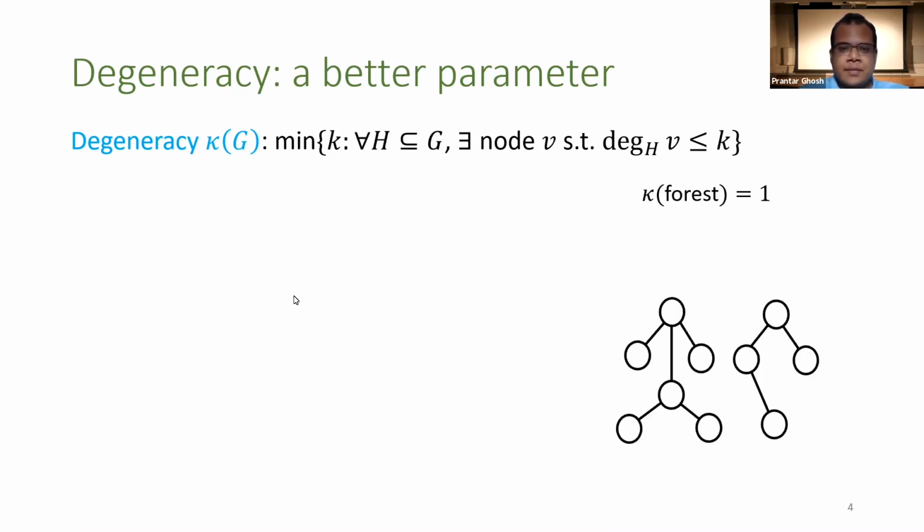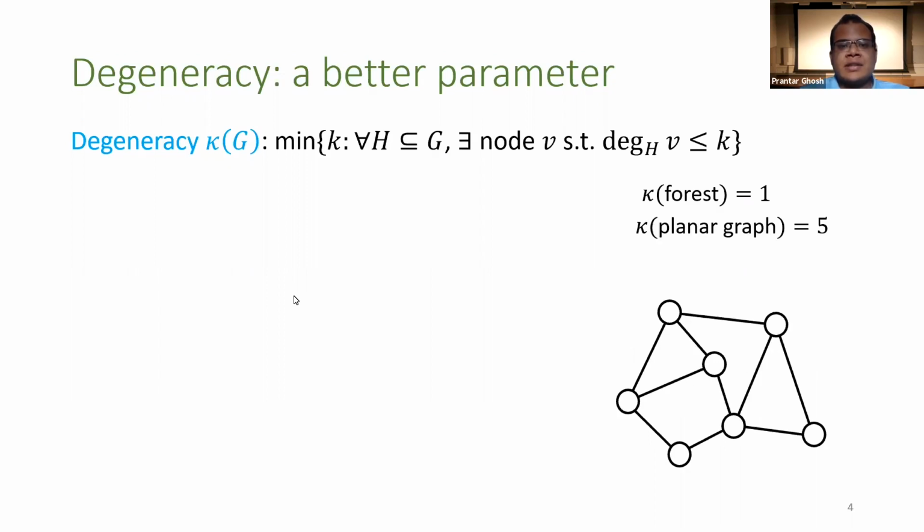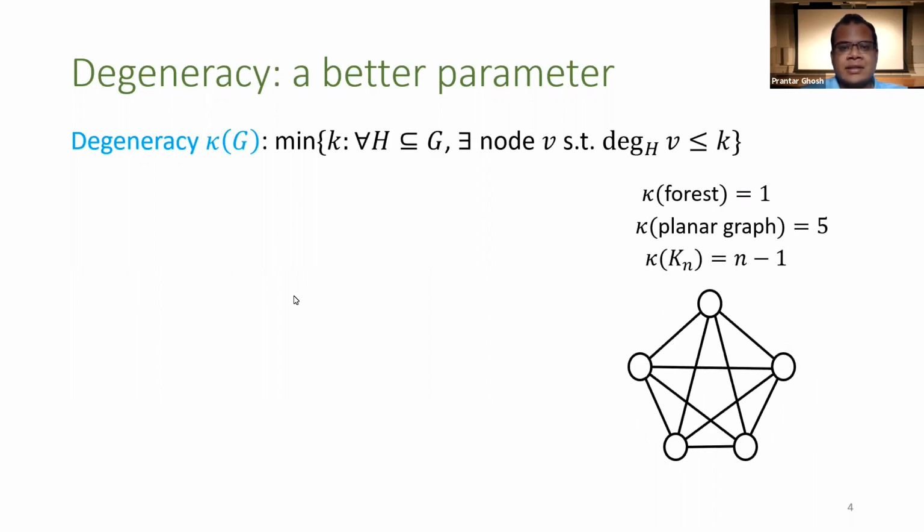For example, the degeneracy of a forest is 1 because every subforest has a degree 1 vertex. Again, the degeneracy of a planar graph is 5 because every subgraph of a planar graph has a vertex of degree at most 5. And for the densest graph, that is the complete graph, the degeneracy can be seen to be n minus 1,